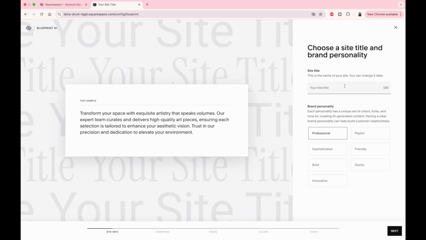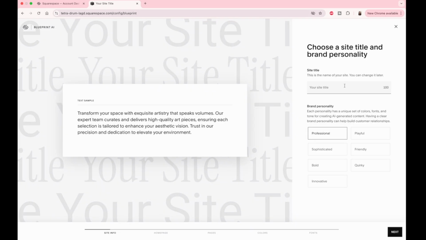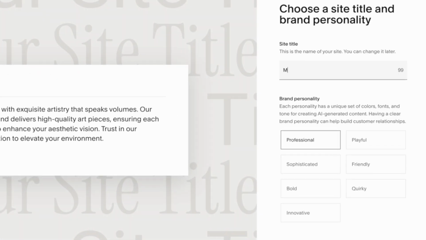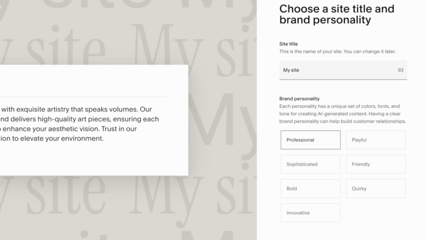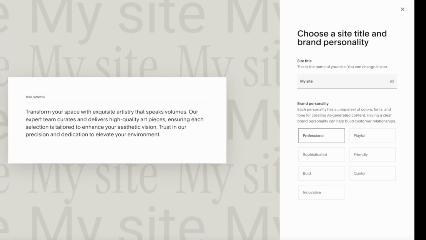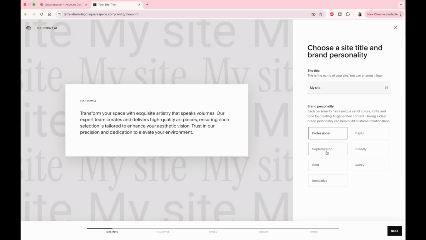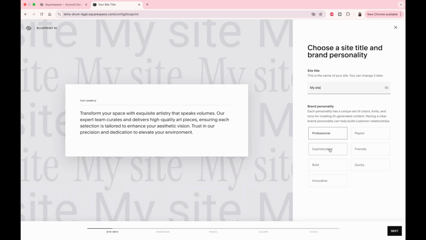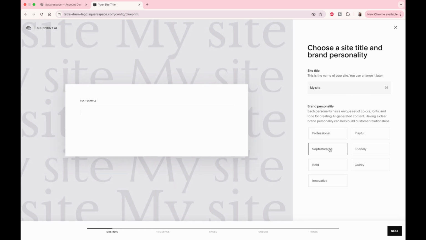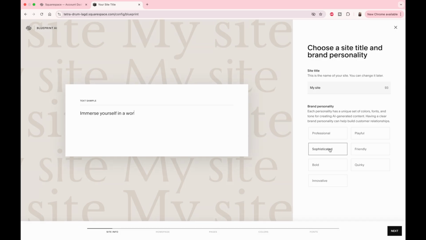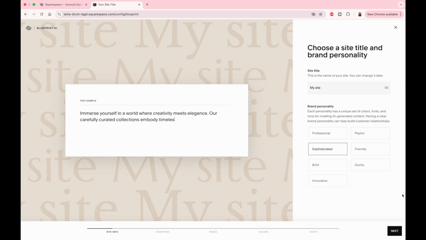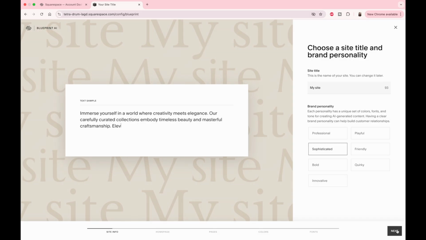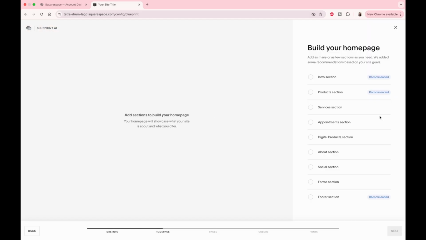Next, you will be asked to give your site title. For now, I will just say my site and I will show you how to change this later. You need to pick a brand personality. This will affect the default colors, fonts, and the tone of the AI-generated text suggestions. Some text samples you can see on the left-hand side, but don't worry, whatever you choose here, you can always change everything later. I will go with the sophisticated branding for now,